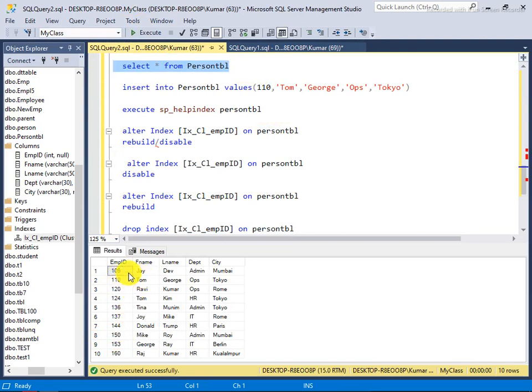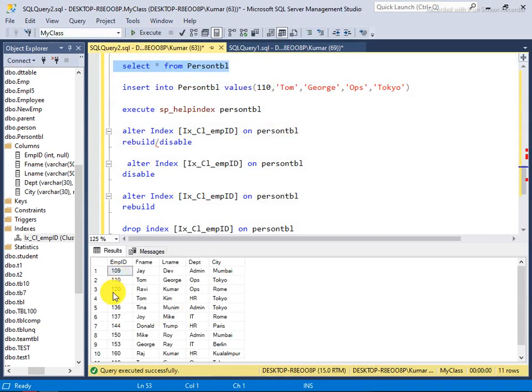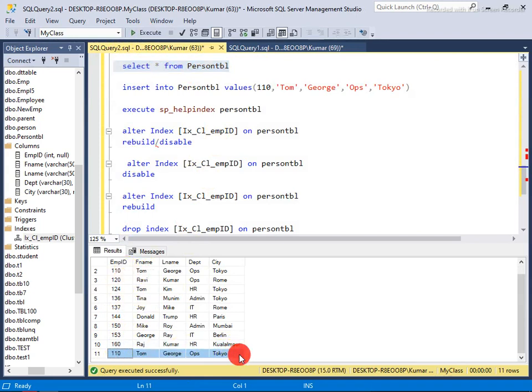Now these data are organized in the same way here again. Now I try to run, you see that it's 110 and 120, and now I'm going to make an entry for 110 employee ID. Okay, so now I run this and I use a select query. Now you'll notice that this time it's not gone to the upside, it's gone to the downside, the bottom side, at the end of the records. Okay, so that's a clustered index.